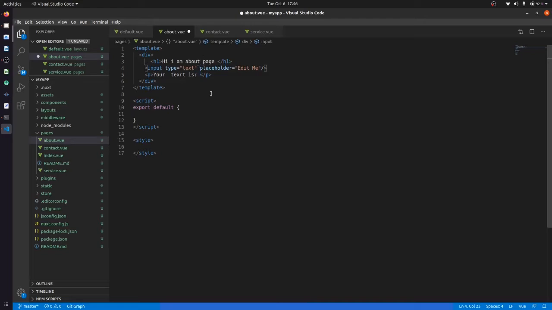So we can type v-model, and after that you can give it a name. I'm going to give it msg, and we will use it here, msg. In React we have single curly braces, and in Vue we have double curly braces. Okay, so let's save it.